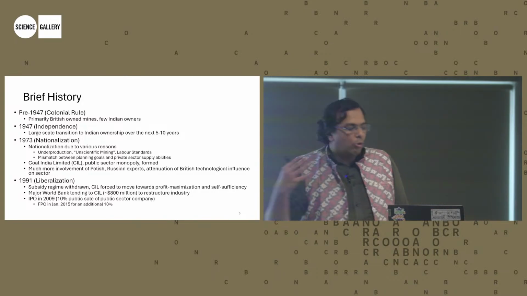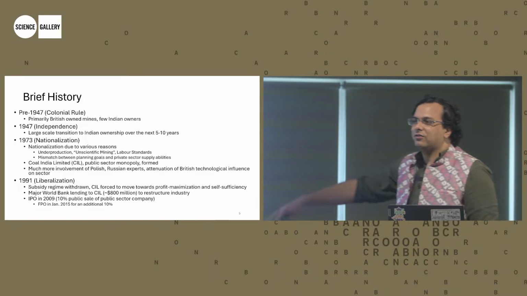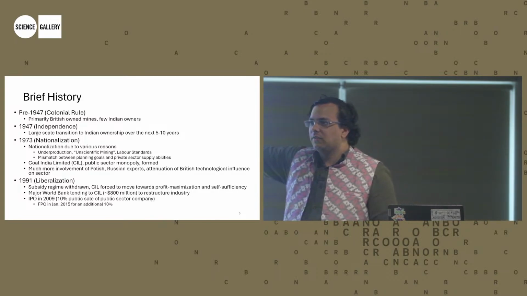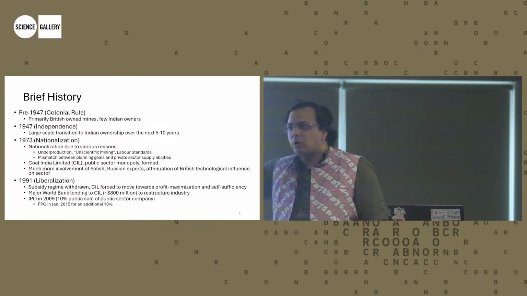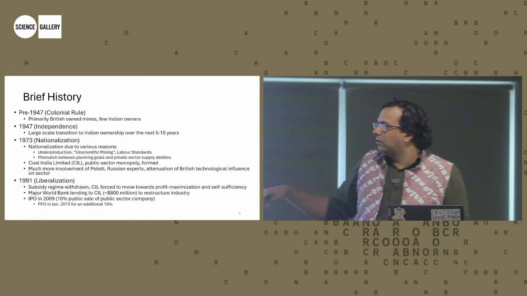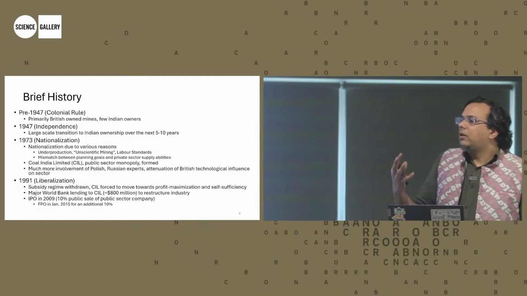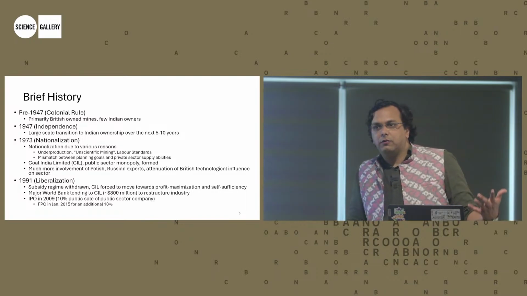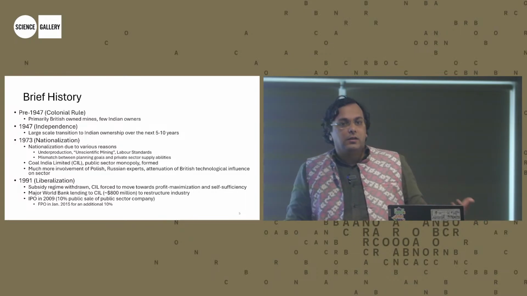In a particular moment of, I think, both political and economic frustration, the industry was nationalized in the early 1970s. First coking coal in 1971 and then in 1973. And I'm going to talk about some of the justifications why in a little bit. Some of them are listed there. And so in 1975, you had this big company, which many of you may have heard of, called Coal India Limited, which was formed, right? And Coal India Limited still exists today.